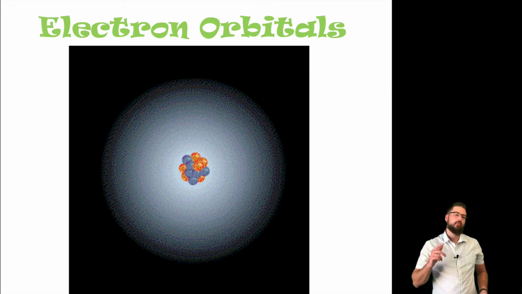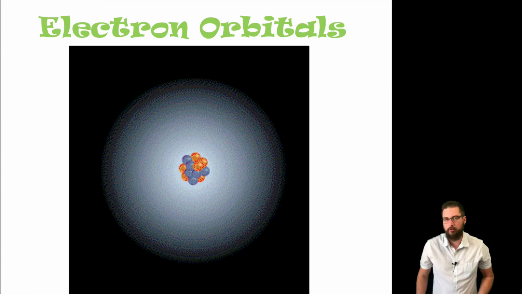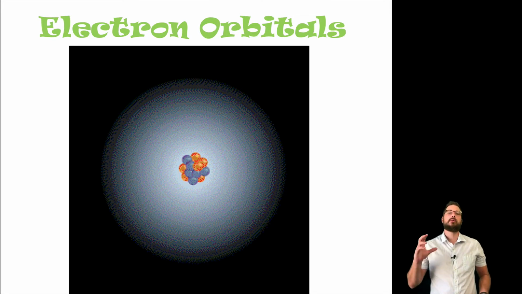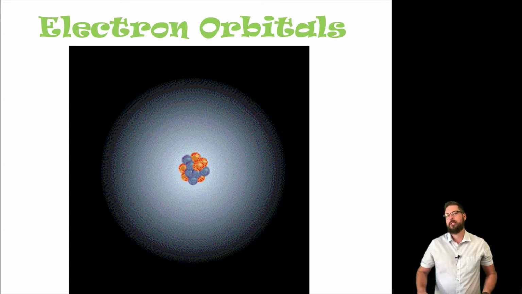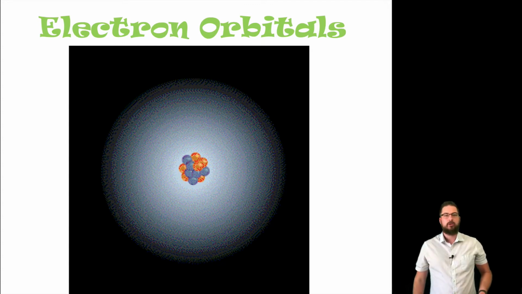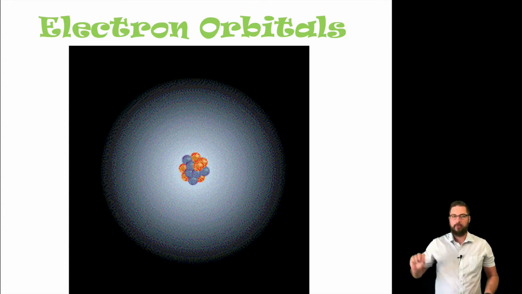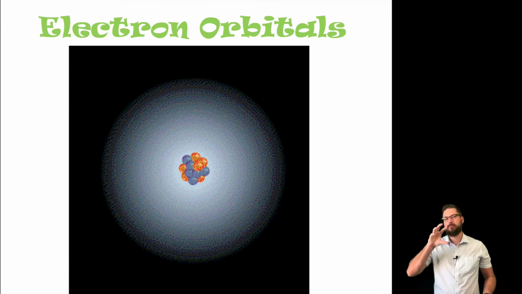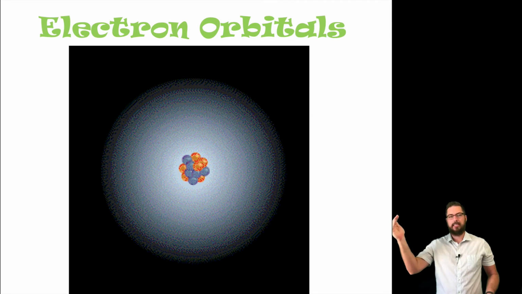All right, everyone, welcome to this first video for Unit 3, where we're going to learn about the electron and how it orbits around the nucleus. Now, back in middle school, you maybe learned that the electron goes around the nucleus on specific energy levels. So there's specific energy levels in which it can exist, and you probably imagine it as a particle moving around